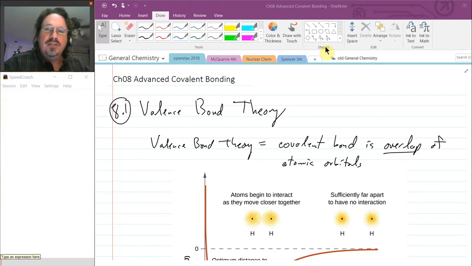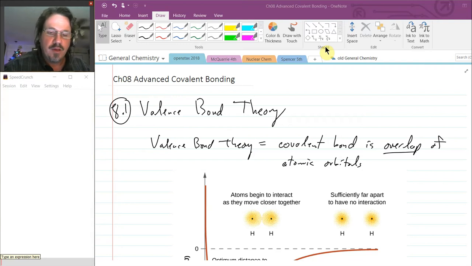We have to think about the distance between the two nuclei. How far apart do they need to be to share, or how close do they need to be? What about the energy of the whole system? If it's more stable, it should have a lower energy. We have to talk about the geometry. How do they arrange themselves in these sharing configurations so that we can get tetrahedrals and octahedrals and that kind